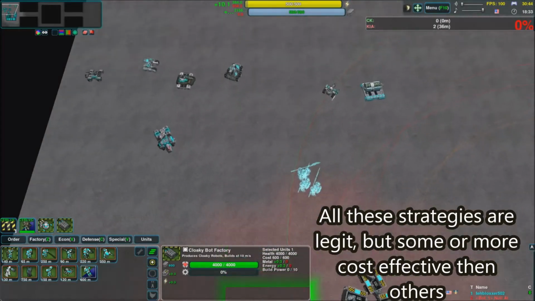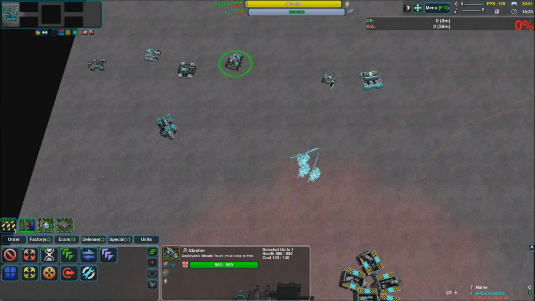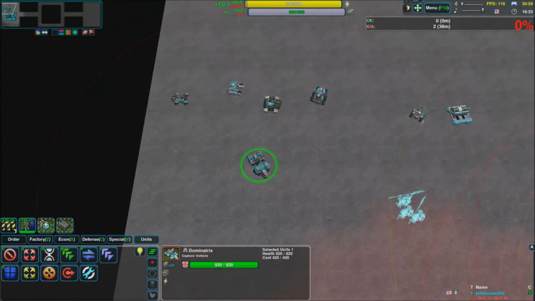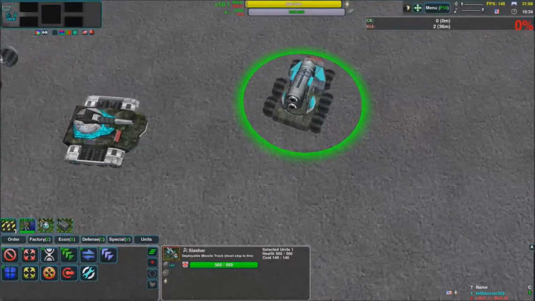Now, as for dealing with the Slasher, this is another very crucial unit from the Light Vehicle Factory. It's probably the most important unit here, except for the Dominatrix. This thing is a major pain in the butt. Sometimes I wish these things didn't exist. They can make matches quite unfair sometimes. But as for the Slasher,